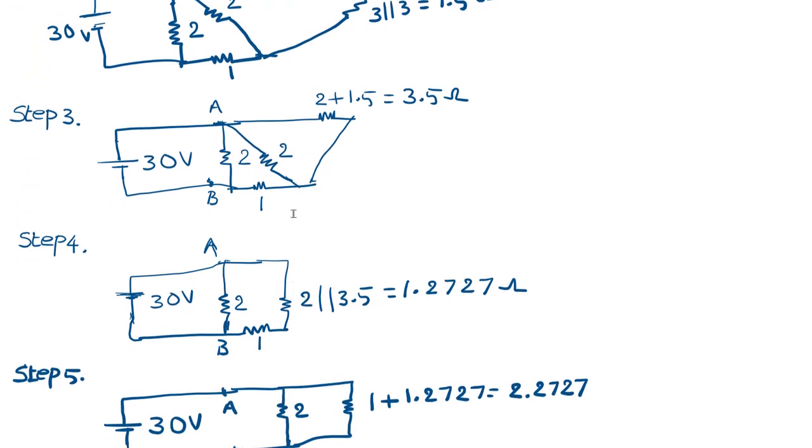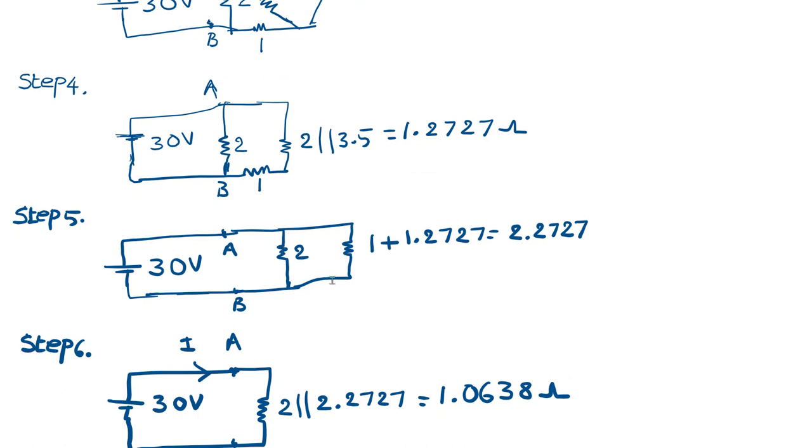But that resultant resistance will become in series with the 1 ohm here. Look at this. These two are replaced with one resistance 1.2727. So here 1 ohm is there. So that 1 ohm will become in series with this resultant resistance. Then if you look at this further, this 1 ohm and this 1.2727 ohms are connected in series. So we can replace with one resistance. So we draw the circuit like this.